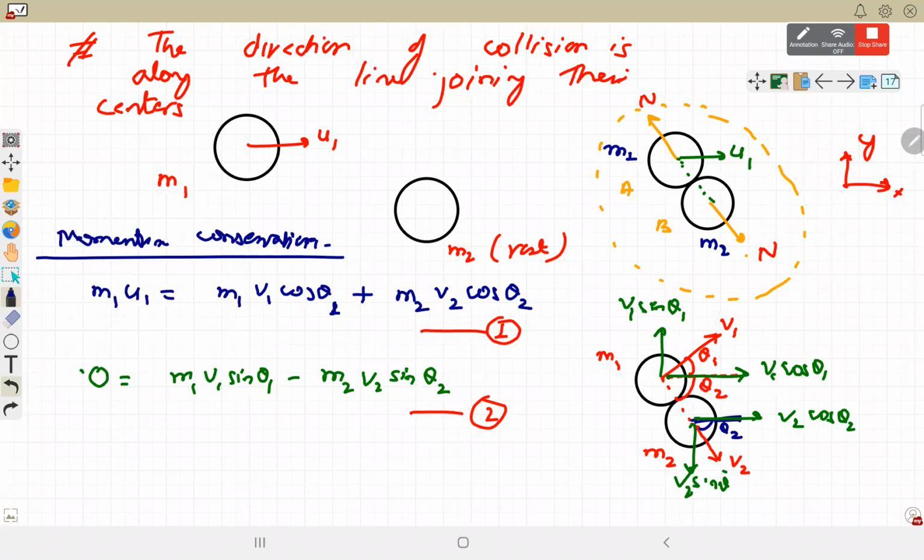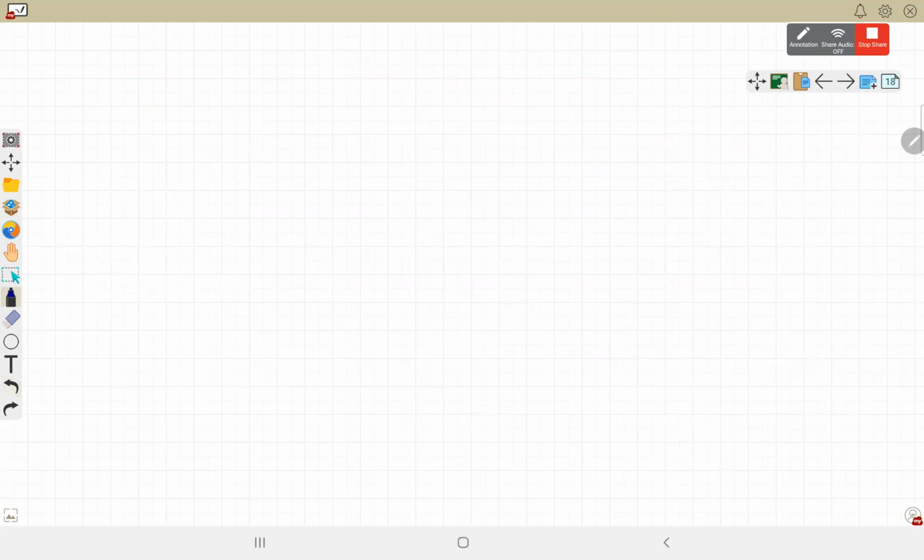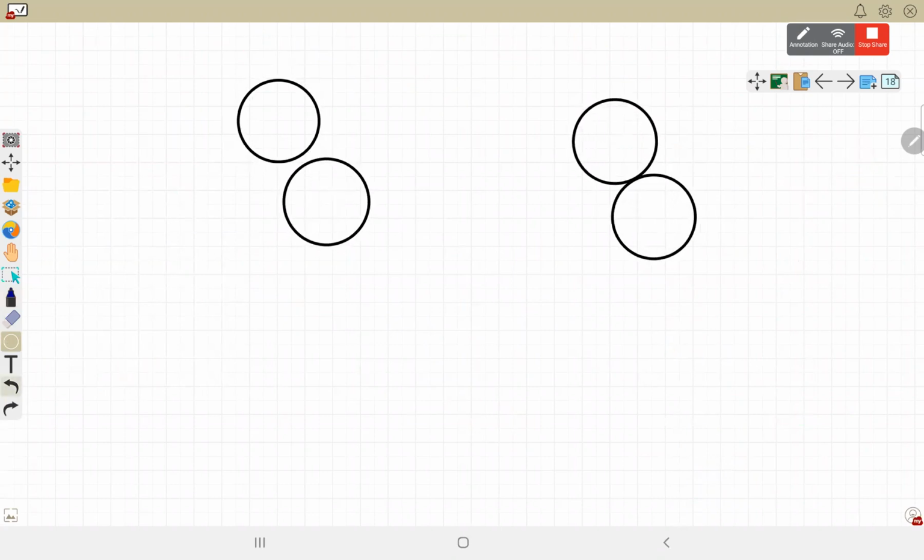Along the line joining their center, so that means it will be along this line. इस लाइन में जो इसकी वेलोसिटी पहले थी जस्ट बिफोर कोलिजन, इट्स वेलोसिटी, ये एंगल तो थीटा 2 ही होगा हॉरिजॉन्टल के साथ. इस इनिशियल वेलोसिटी विद व्हिच इट इज अप्रोचिंग इज u1 cos θ2. फिर से डायग्राम बना देता हूँ क्लैरिटी के लिए. जस्ट बिफोर कोलिजन m2 रेस्ट में था, m1 के पास वेलोसिटी है u1 और ये हॉरिजॉन्टल के साथ है θ2 एंगल पे. So जिस डायरेक्शन में हम कोलिजन की बात करें उस डायरेक्शन में the velocity component with which it is coming is u1 cos θ2.